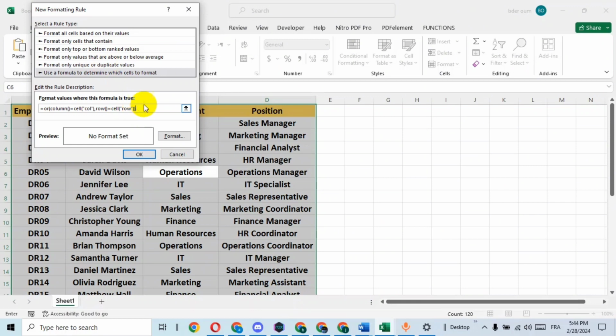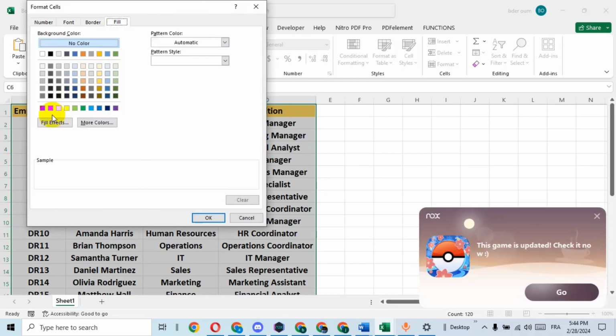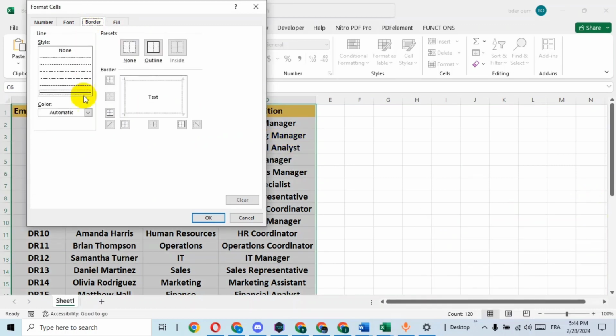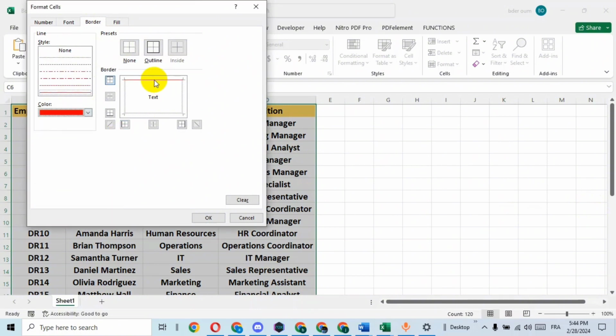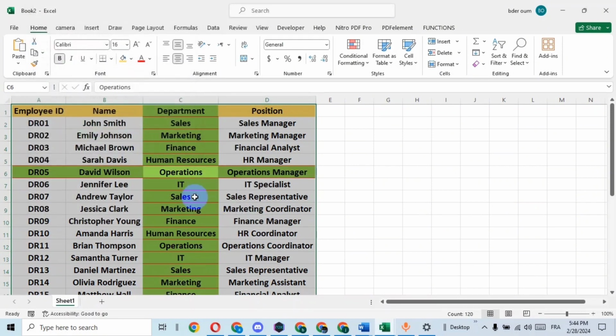Now click on the Format, then go to Fill and choose your preferred color. Go to Border, then here choose your color, then choose the border here, then OK, then apply OK. As you can see,